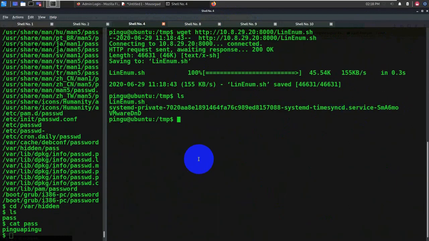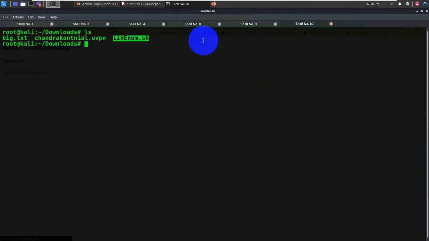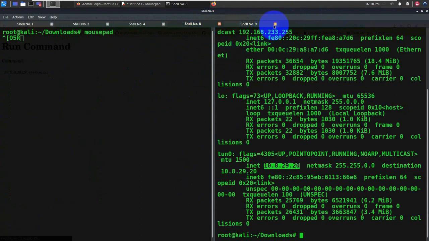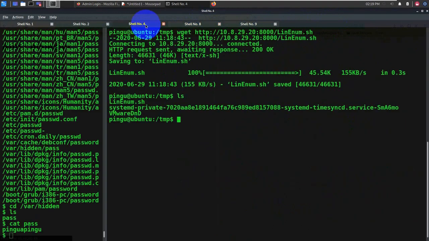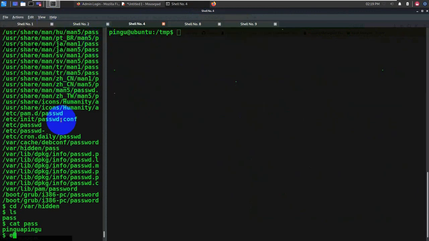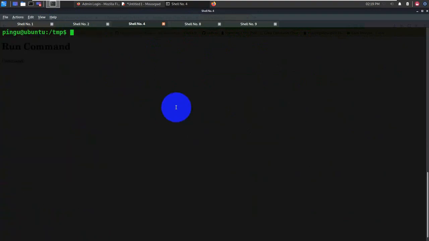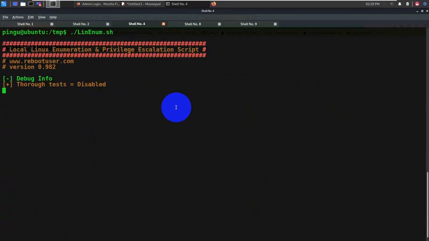And now since this is a shell script, we need to provide permissions. You could see here, in the Python log also, you'll see this particular file has been sent. Okay, so let's go ahead and run this script. Now to do that, we need to provide some permission level. So let's say chmod +x linenum.sh. Press enter. The permission has been granted. Now let's close this and interact with this particular terminal only. All you have to do is run this script, and if I say ./linenum.sh, the script is running